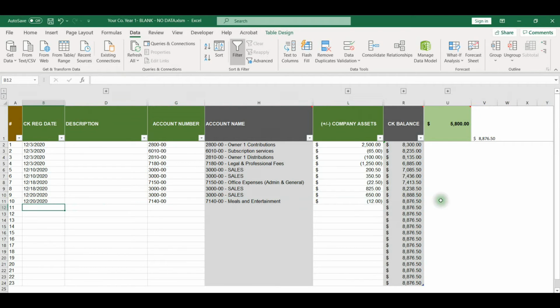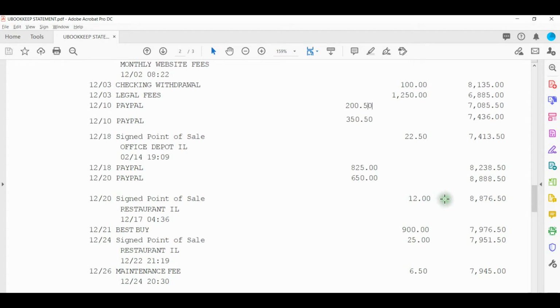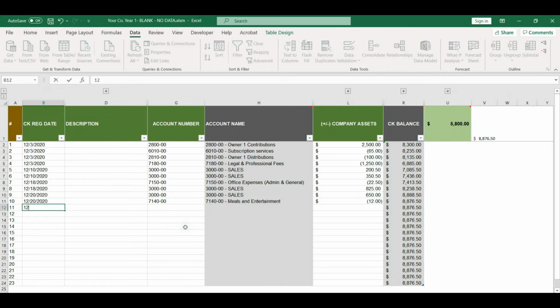And we can see that as I enter these transactions, 887,650 is my running balance, and 887,650 is my running balance on my bank statement. So I can see that everything is okay. And on 12/21,